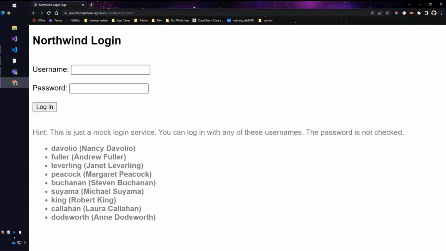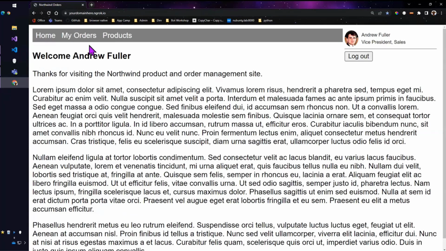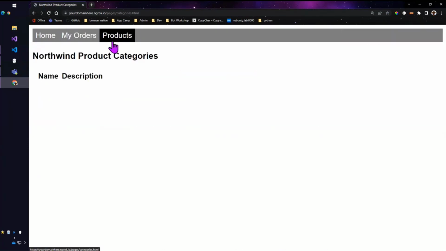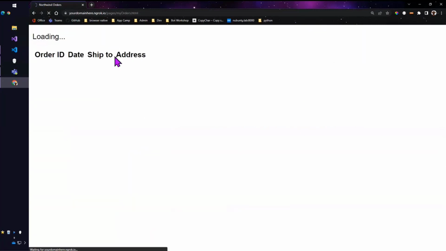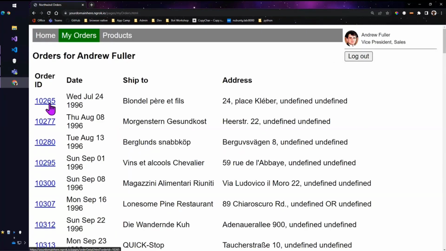So let me show you the example. This is borrowed from the App Camp labs that I'll point you to later. I have here a very simple application with a very basic login system built into it. So I'm going to just log in as, let's say, Andrew. And you can see this is so insecure, I don't even have to give a password, right? But you can see that it logs me in and I can see my data. I can see my orders, so it knows who I am. These are specifically my orders. And that's all well and good.